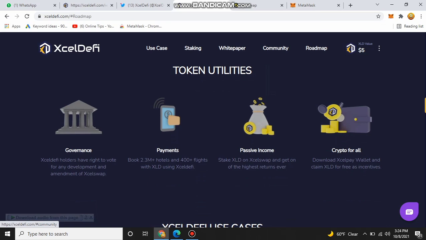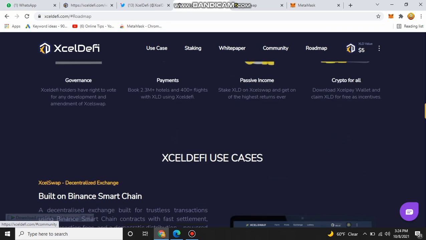XLD is the symbol of XLDAFI. You can also earn passive income from XLDAFI. Stake XLD on XLSwap and get the highest return ever. This is crypto for all. Download the Excel Play wallet and claim Excel DeFi for free as incentives.